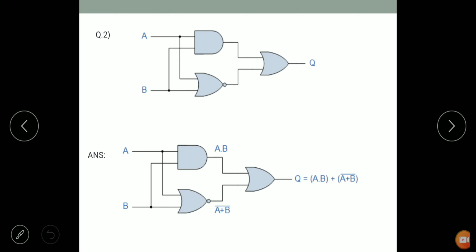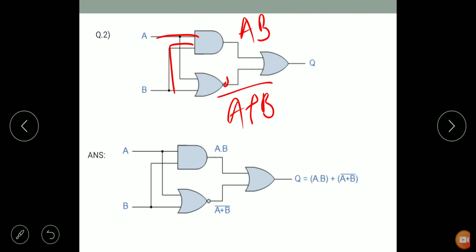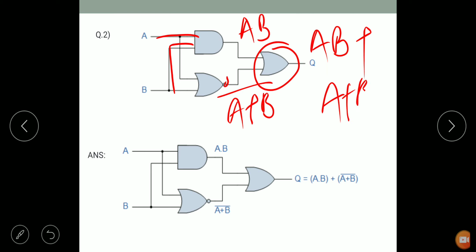Now this is the simple equation. Then what is the output of the AND gate? Here two variables are used, B is the input and A is the input. So A dot B, this is the answer for the AND gate. Then here a NOR gate is used because a bubble is present. So here also two inputs are used, A and B. What is the output of the NOR gate? That is A plus B whole bar. The last one is addition, that is the OR gate. So Q is AB plus A plus B whole bar. Okay, this is the equation for that.